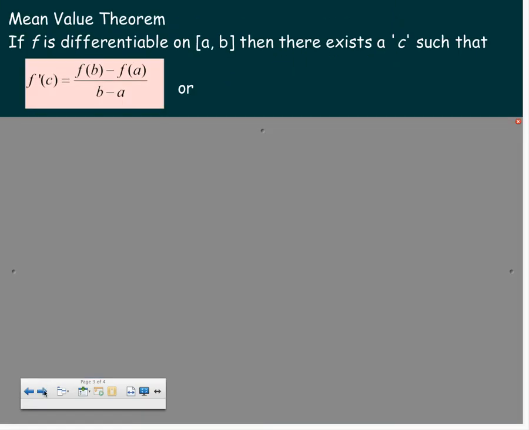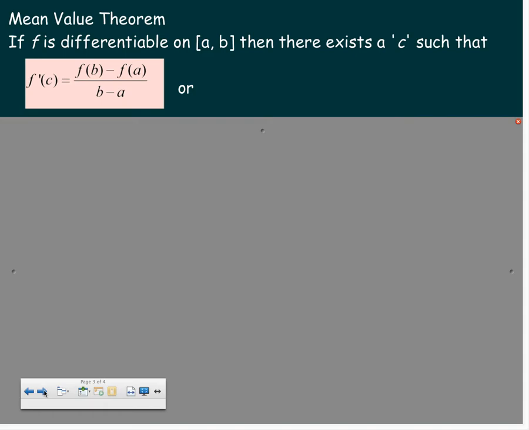Okay, now the mean value theorem. Here's what the mean value theorem says. If f is differentiable on a closed interval, what does it mean to be differentiable? It means that you can take the derivative there. So it's continuous, there are no corners, cusps, vertical tangents, or points of discontinuity. It's differentiable and it's on a closed interval, then there has to be a value somewhere between a and b